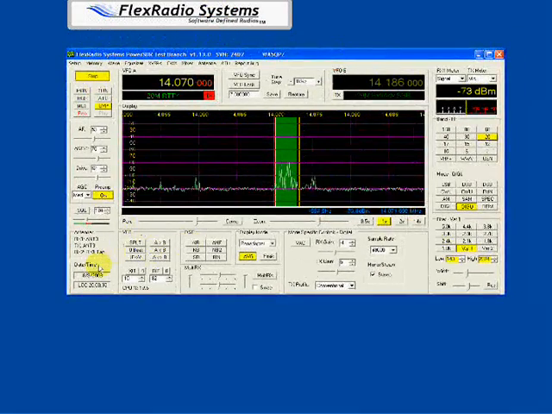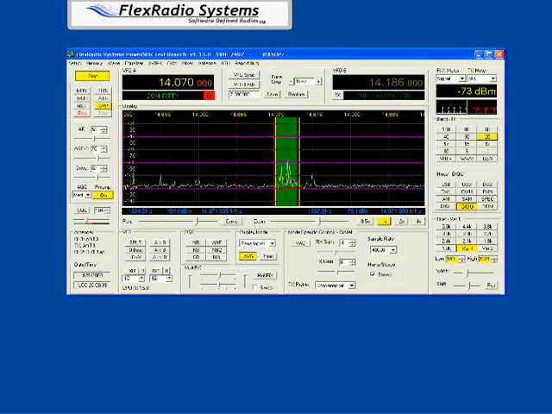So what we have here is Power SDR, and in the middle we have the digital signals as they are playing. This is PSK31. So the first thing we'll do is talk a little bit about the setup for the Power